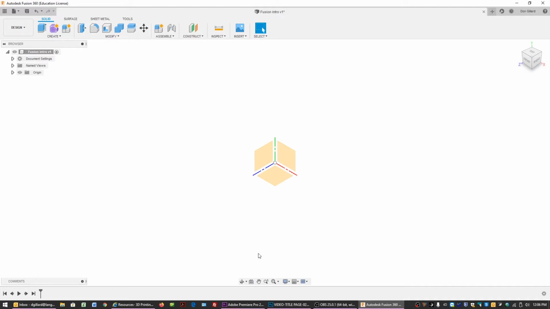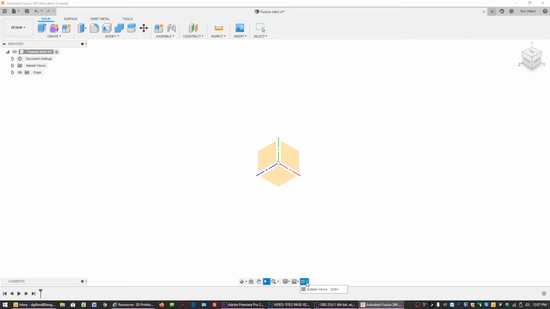So let's go down to this area, the bottom area here. This is for panning, so you can actually click on this, grab your object and move it around. This is going to be zoom, so you can zoom in and out. And this is going to just make it fit. So your object's going to fit. We won't worry about these other two, the grids and that right now, but the last icon here is called